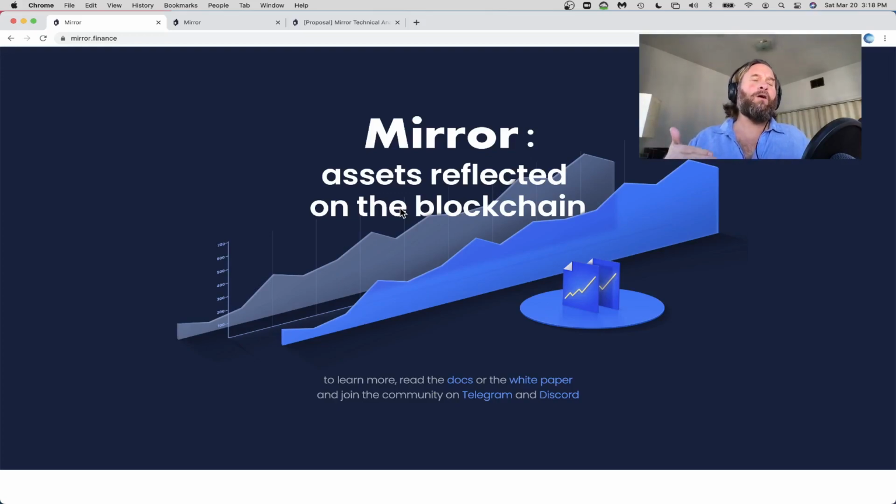And the reason why I put Anchor second over Mirror is because I believe Mirror is a little bit more nuanced, a little bit more complicated in the sense that it has more moving parts. Whereas Anchor is very simple on its most basic level, where you just deposit UST and earn 20%. So I kind of wanted to put that second as an option that you can get your friends and family involved in too. They don't have to know how to yield farm and all of that DeFi stuff. All they need to do is get their hands on UST, which is